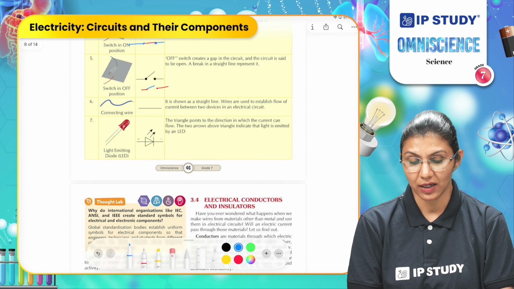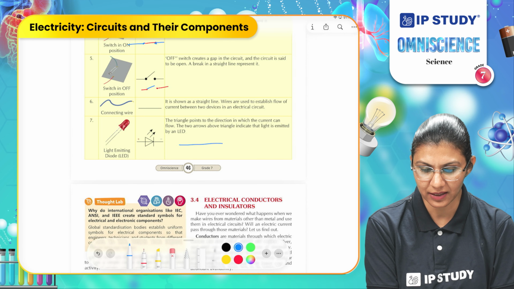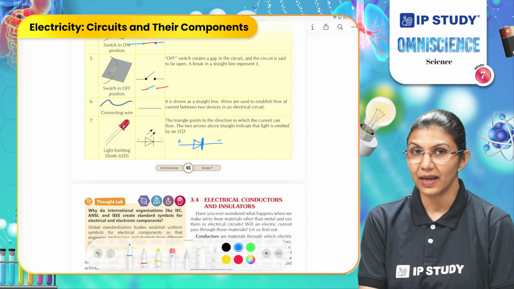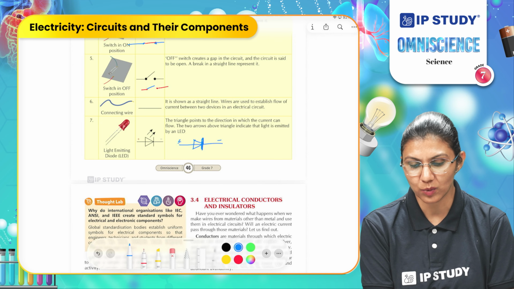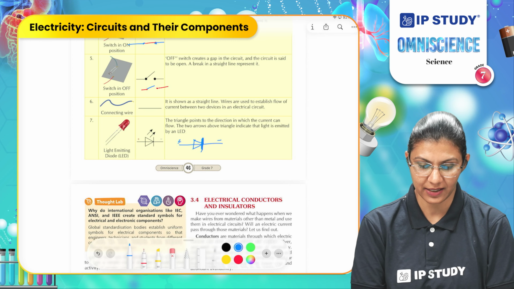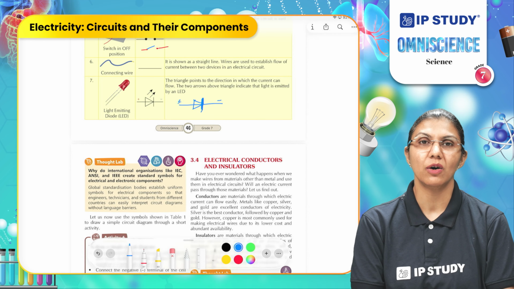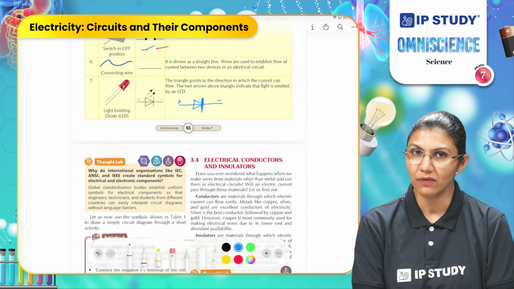And how do we show a LED, light emitting diode? Here we are drawing a wire, then we are making a triangle over it, then one terminal. To mark the terminals of the LED, what we will do? Towards the triangle, we will show the positive, and towards this strand, we will show the negative terminal of the LED. So, that's how we understood different symbols of the components of any electric circuit which are used to draw the diagram of electric circuit.